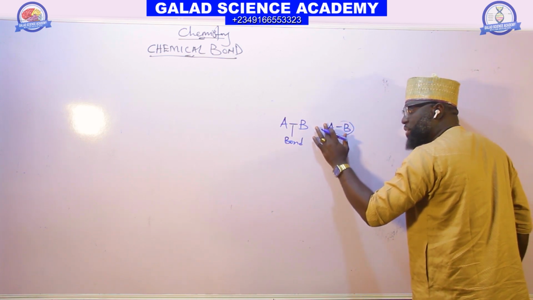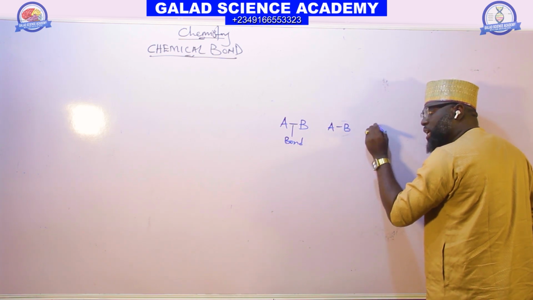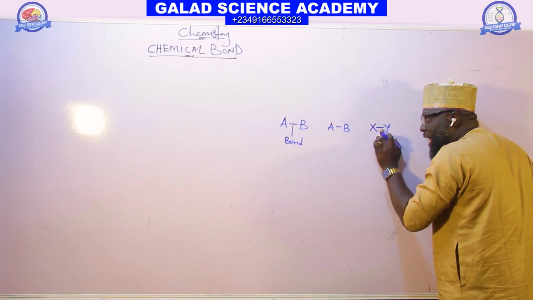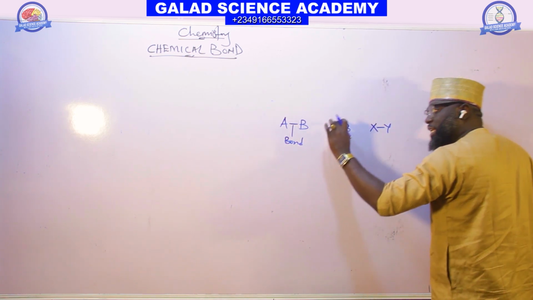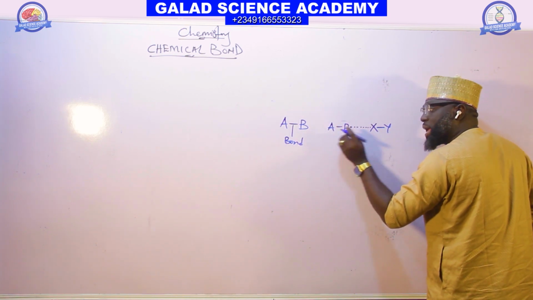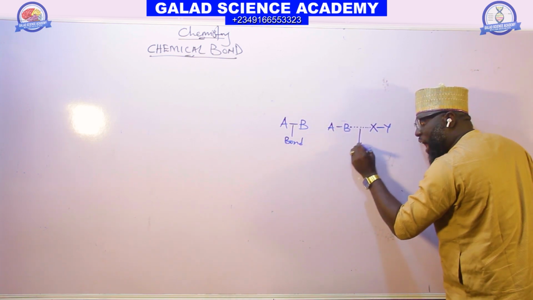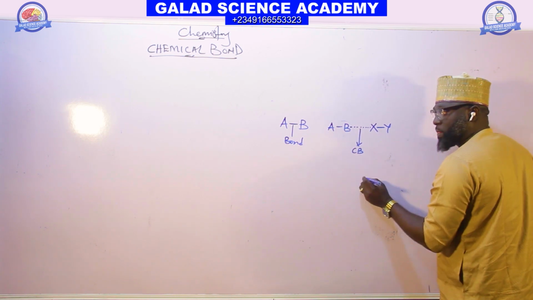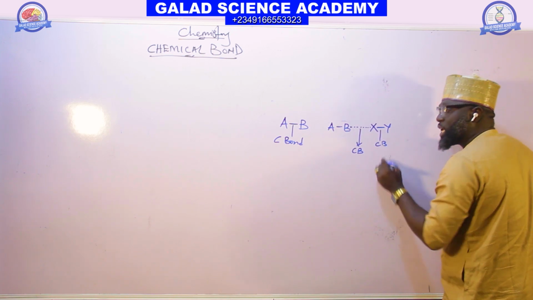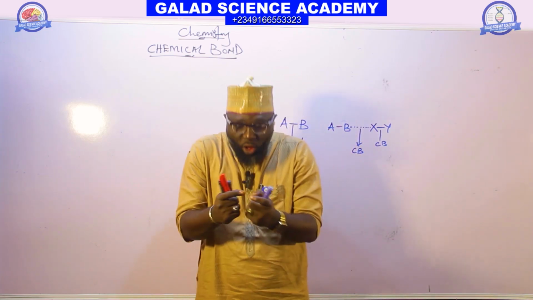Like this. Or if you have this A and B, and we also have another molecule S and Y. The bond between A and B is a bond, and S and Y is a bond. But if this S and Y combine with B and C, the one you add there is also a chemical bond. So chemical bond is a force of attraction that combines two atoms together to form a molecule,